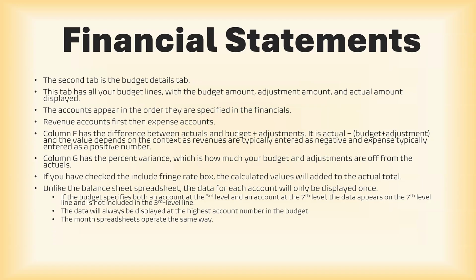So if you have an account at the 7th level specified, and then also that 3rd level, so let's say you budgeted at a 7th level for a level 3 488, but you also have level 3 488 in there, the 7th level will have the dollar amount, but not the 3rd level. And the data will always be displayed at the highest account number of the budget. So if you have a level 6 but not 7, it'll be displayed at the 6th level and not the 3rd level. We will not double count